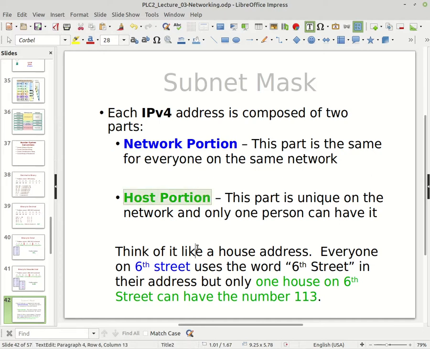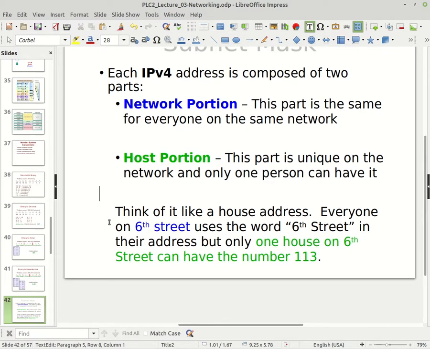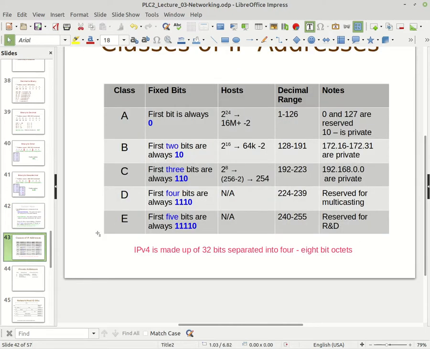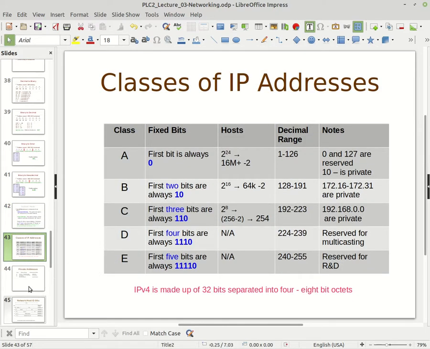I think of it like a house address: you have the street that the house is on, and then you have the number of the house. That's the breakdown between the network and the host. Now, why this becomes so important is because when you look at this IP address,